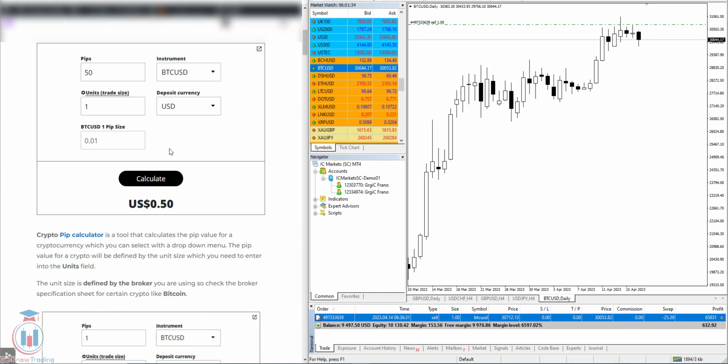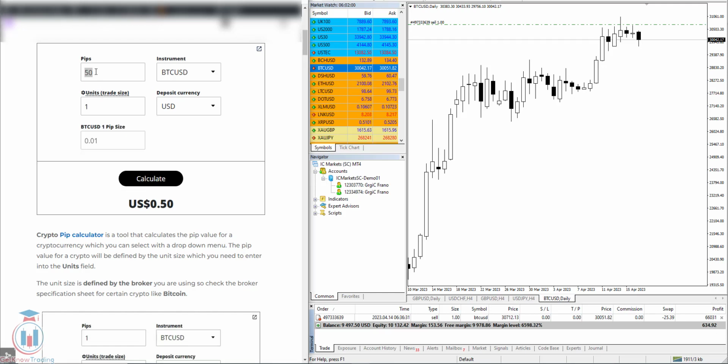So when you enter this number in the pip calculator, you can get the pip value, which means how many US dollars you would make or lose. In my case, I have opened a sell order, which means the price has dropped from this price to this price. So I am in profit, and you can see how much that is: $634. When you enter this number of pips, which is 65,800 for example, and click calculate, you get the pip